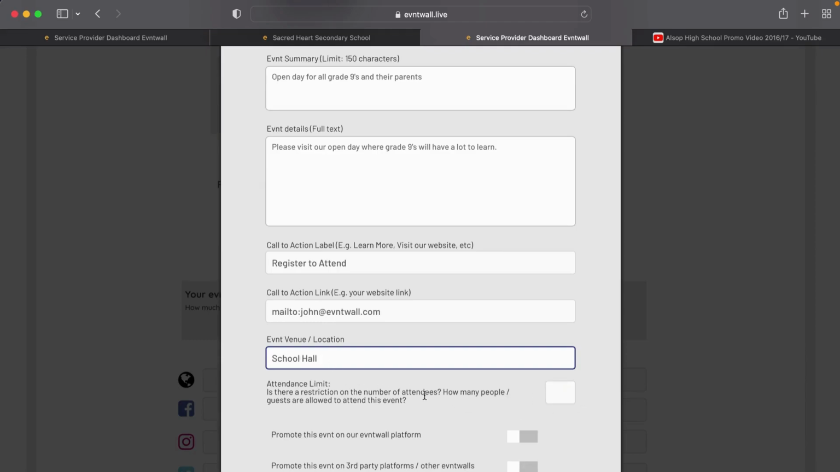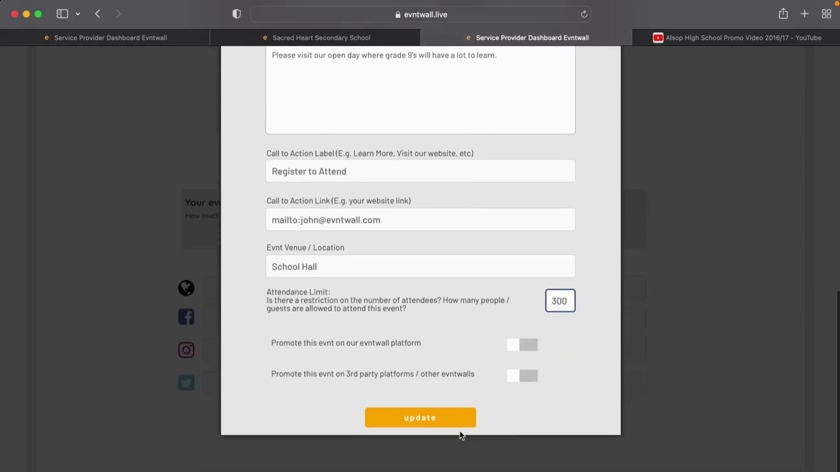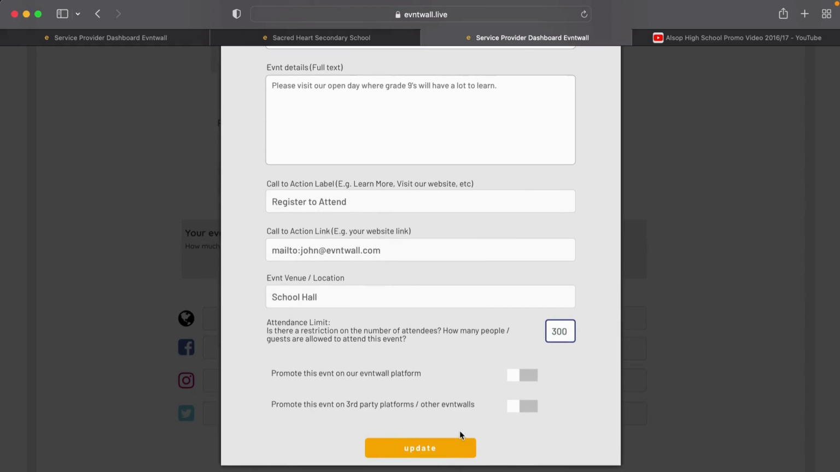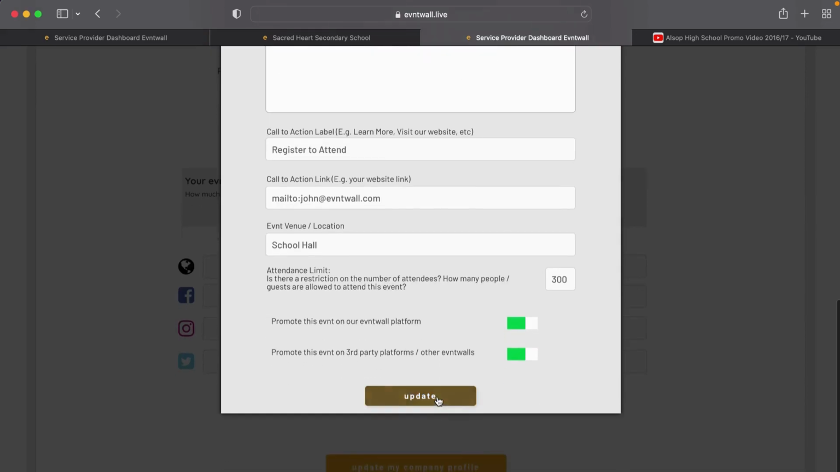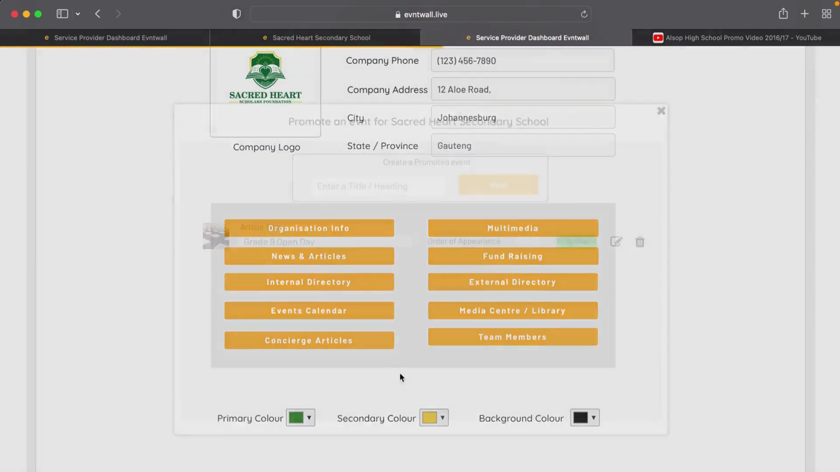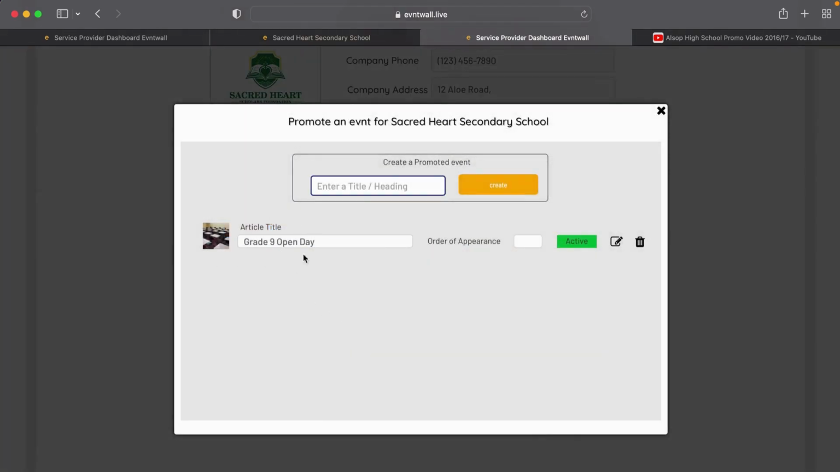And if there's a limit on the number of people to attend this event, you can set that limit. What this does is, when people register to attend the event, once you reach 300 registrations, they will automatically be blocked from RSVPing to the event. You can set it to promote the event all on your calendar or your platform, and also on other calendars of other complementary businesses that also have Evntwall profiles. Update. There's our event created,